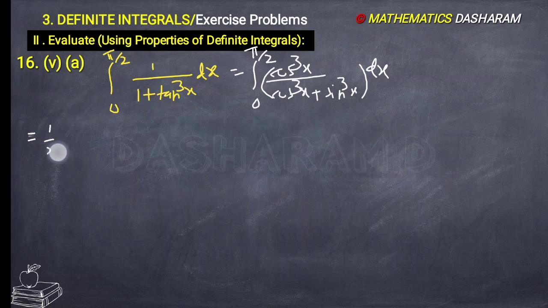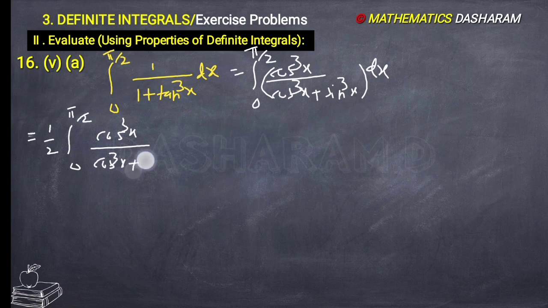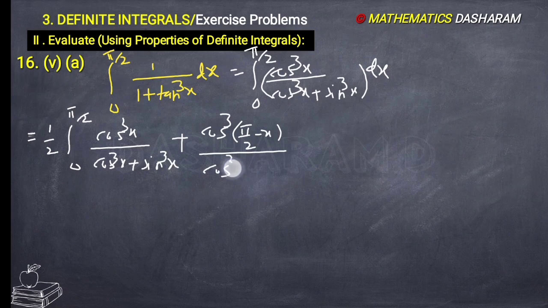It is equal to 1/2 integral 0 to pi/2 of f(x), that means cos³x divided by cos³x plus sin³x, plus f(a minus x). That means substitute x equals pi/2 minus x, divided by cos³(pi/2 minus x) plus sin³(pi/2 minus x)